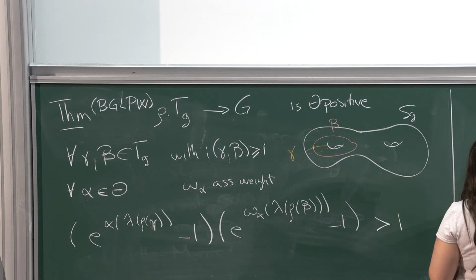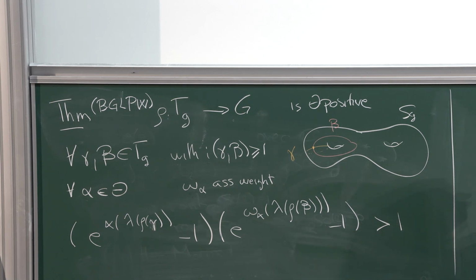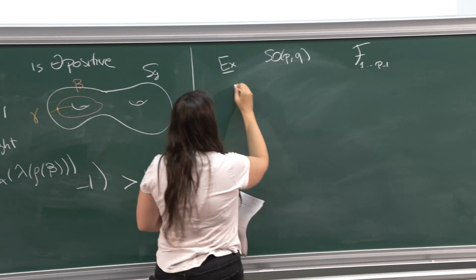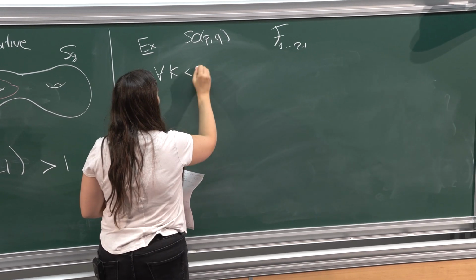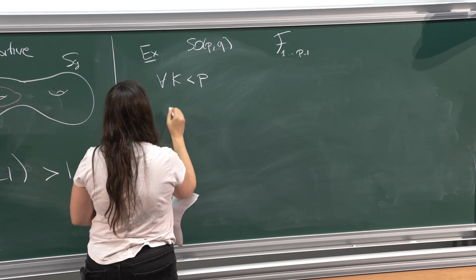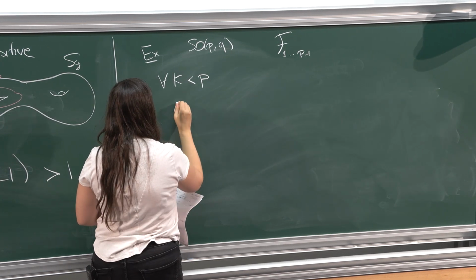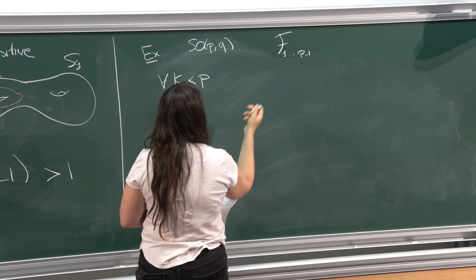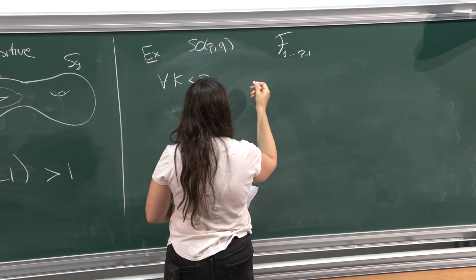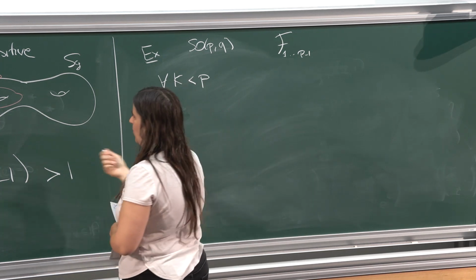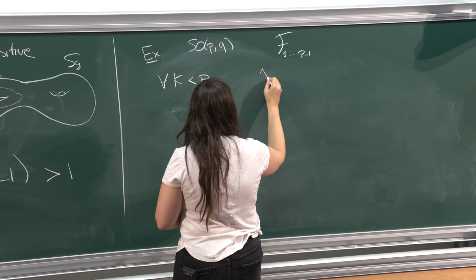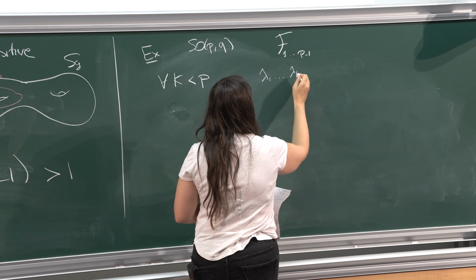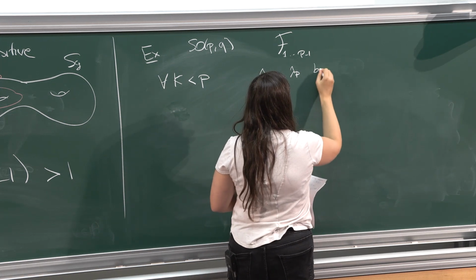In SO(p,q), which I remind you had the positive structure for F_1 to F_{p-1}, the set of isotropic subspaces of all dimension but the last one. And this means that for any k smaller than p, I have that lambda e to the alpha. So denoting now, this is bad, but let me call, I shouldn't have called lambda those, but let now lambda_1 up to lambda_k, lambda_p be of,